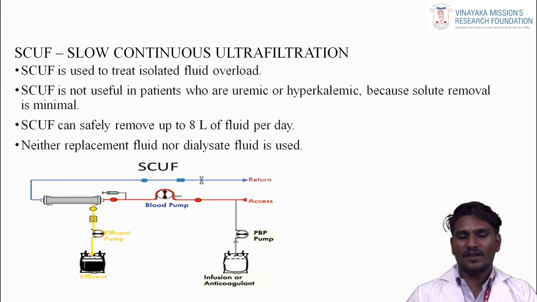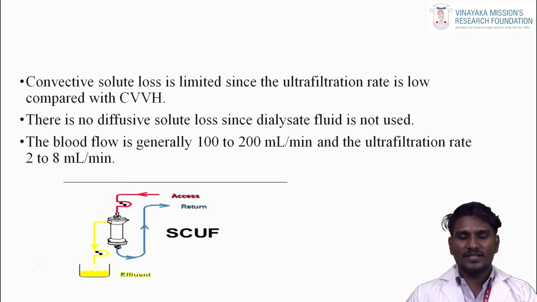SCUF, slow continuous ultrafiltration, is used to treat isolated fluid overload in patients. SCUF is not used in patients who are uremic or hyperkalemic because solute removal is minimal. SCUF can safely remove up to 8 liters of fluid per day. Neither replacement fluid nor dialysis fluid is used. The convective solute loss is limited since the ultrafiltration rate is slow compared with CVVH. There is no diffusive solute loss since dialysis fluid is not used. The blood flow is generally 100 to 200 ml per minute and the ultrafiltration rate is 2 to 8